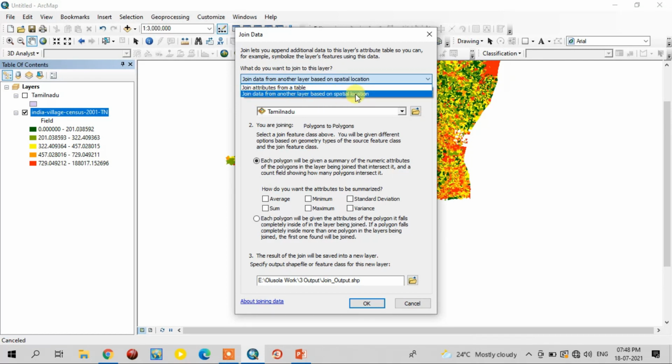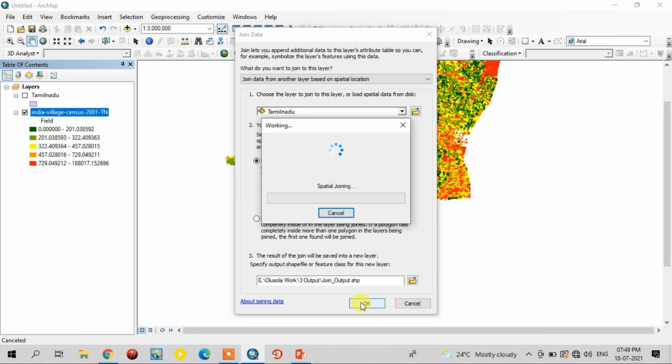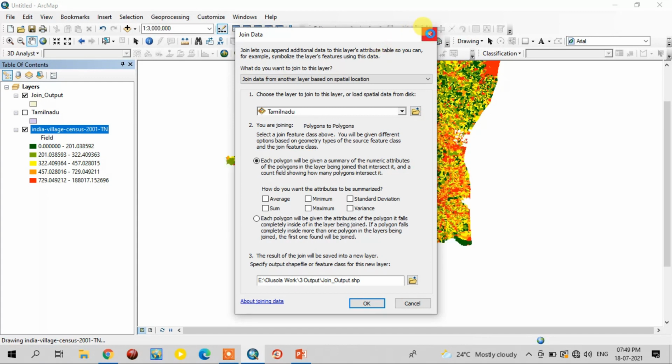I am going to join the table based on the spatial location. Select it and just give the OK. It takes a few minutes. Wait. It is completed.